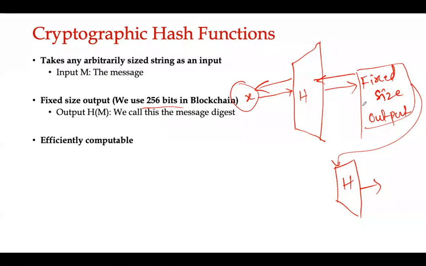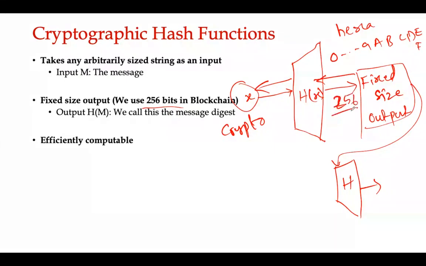So suppose I give a message such as cryptocurrency, or suppose a crypto message is given as an input to the hash function, it will give the output in hexadecimal form. Hexadecimal is a combination of 0 to 9, and capital A, B, C, D, E, and F letters. So in total it uses 16 symbol combinations. So any size of your input is converted into hexadecimal form with 256 bits in size.